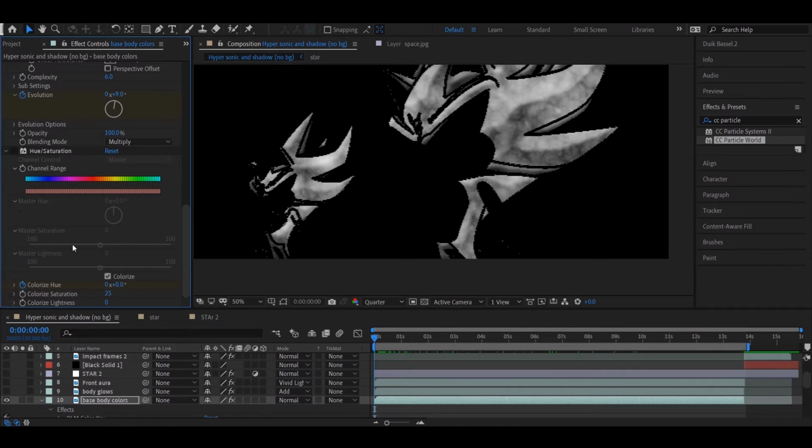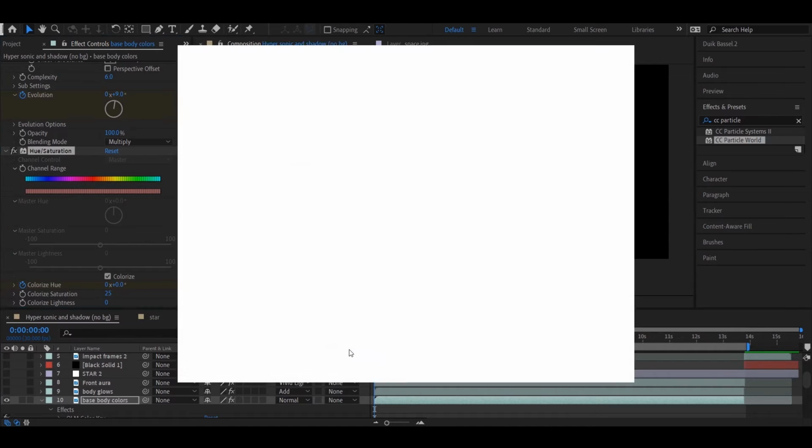Now for this next step that I have, it is the hue and saturation. With this, you want to make sure you have it set to colorize and then add your first keyframe in the evolution of it,